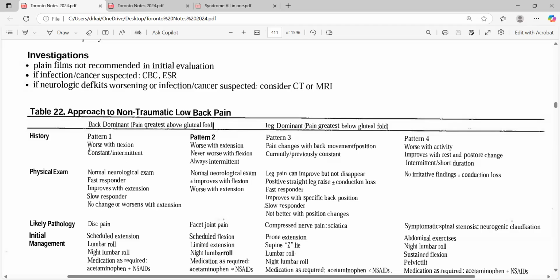So for your understanding, they can give you a patient whose pain is worse with flexion. What's the diagnosis? It's disc pain. If they have a problem with the extension, what's the diagnosis? It's facet joint pain. If they have pain with the movement of the position, then it's basically sciatica, like moving from one joint to the next one. If they have pain with an activity and improves with rest, then this is basically stenosis, like when